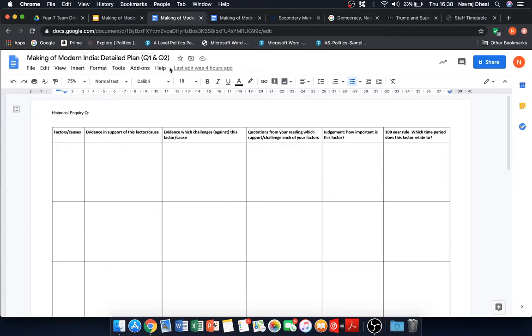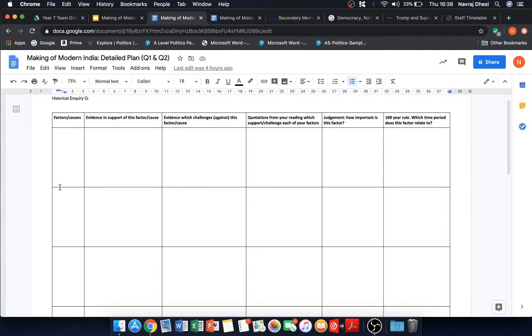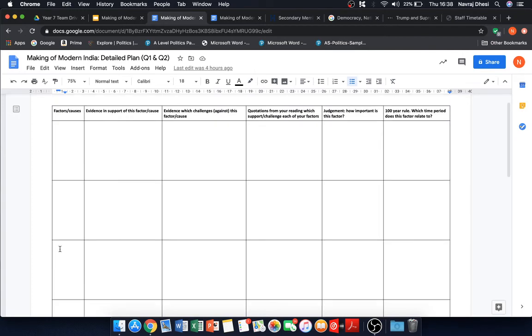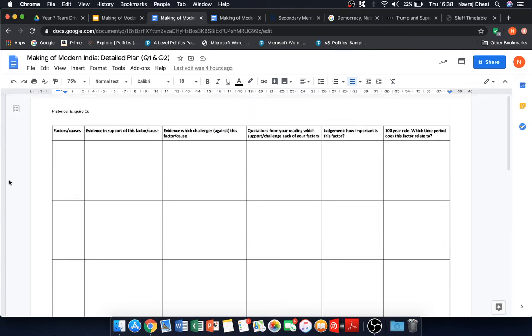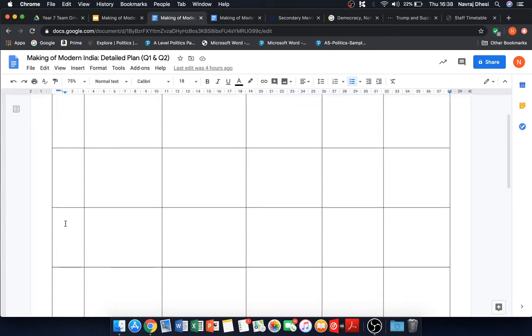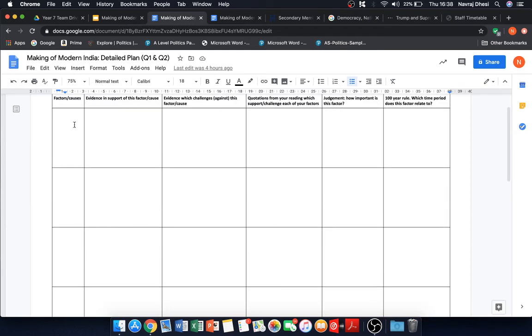Okay, so this detailed plan is for questions 1 and 2, which focus on causation. Okay, and here you'll put your factors and your causes. You'll place your factors and your causes here. So, for example, if you're looking at the partition question, you'll place your causes such as British divide and rule, so British imperialism. You'll put the inability of religious leaders to cooperate, and communal tensions on the ground, for example. Okay, so you've got the actions of the Raj linked to that British imperialism. So what we mean by actions of the Raj is the actions of the British viceroys, the governor generals at the time in India, actions of state authorities run by the British in India, and also policy devised in Westminster in UK Parliament